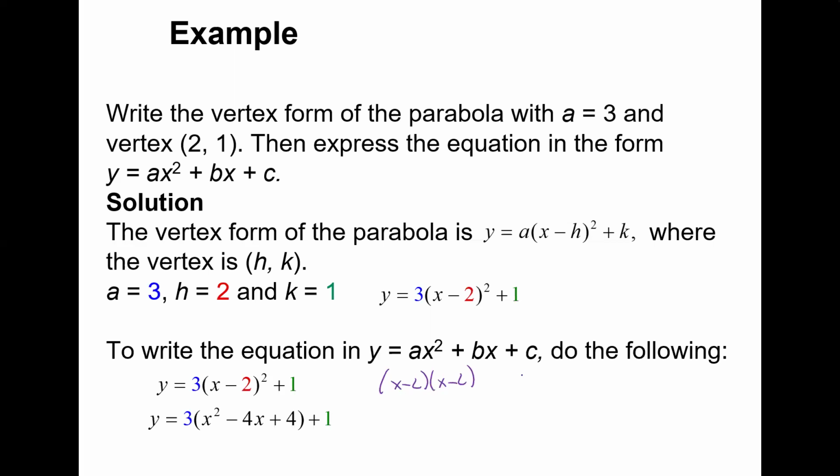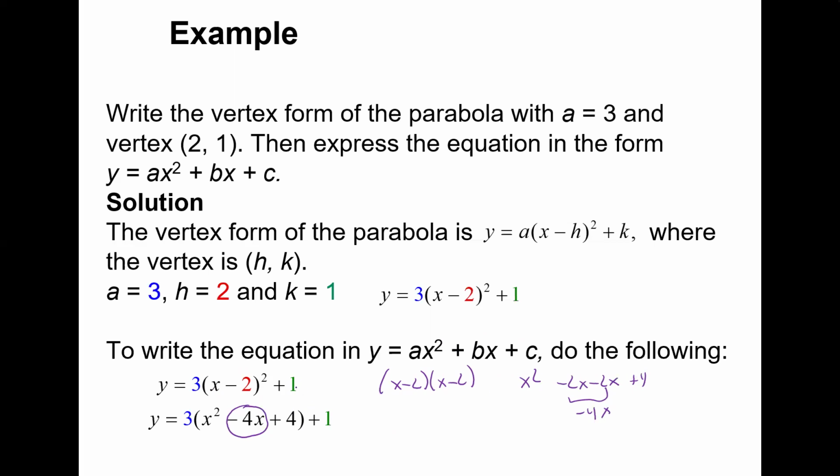And so we have x times x, which gives us x squared. Then we have a minus 2x, minus 2x, and then plus 4, so that gives us the minus 4x. That's the term most people are going to forget when they're FOILing it back out. They're going to see x squared, minus 2 times minus 2 is 4, and they leave out that middle term. Totally wrong. So always remember when you FOIL, you're going to have those 4 pieces,